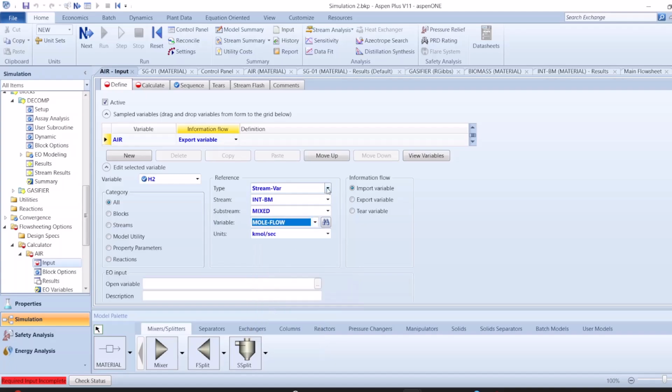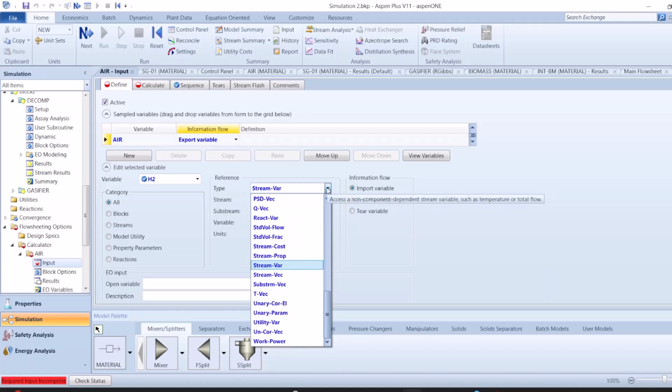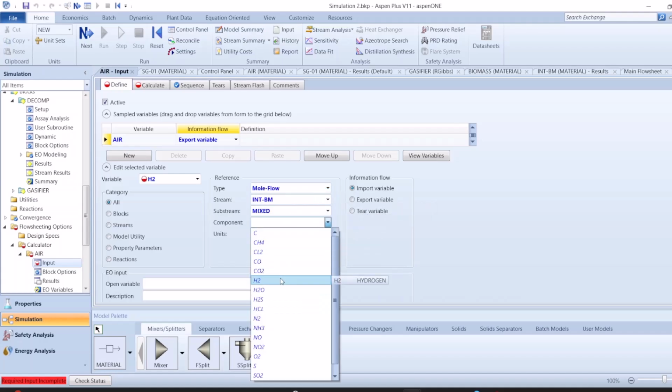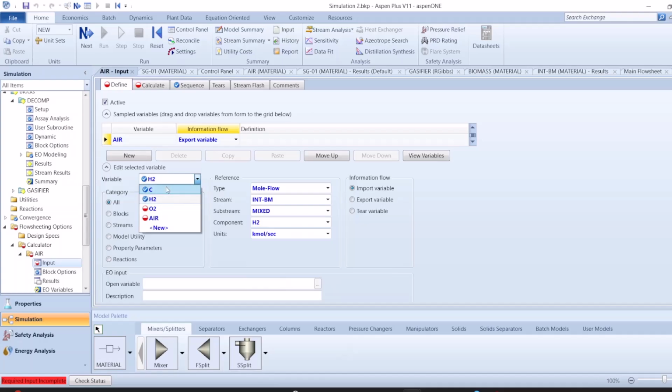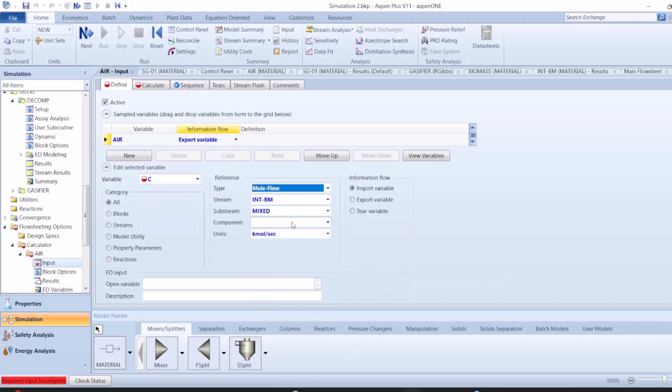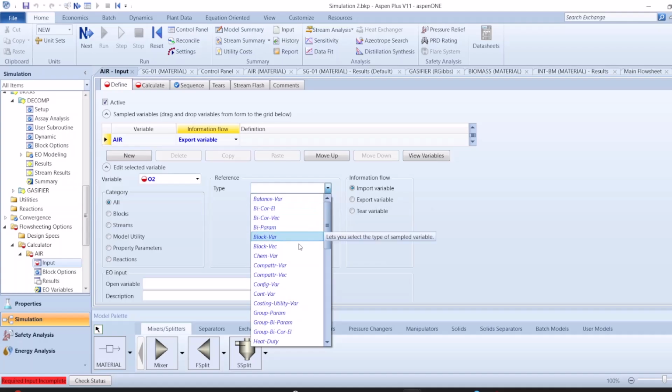I think no, we will not go for stream variable, we'll go for mole flow, and we need to add component hydrogen there. Similarly with carbon, instead of stream variable, we just need to go for mole flow, and we need to add component. Oxygen again, mole flow,